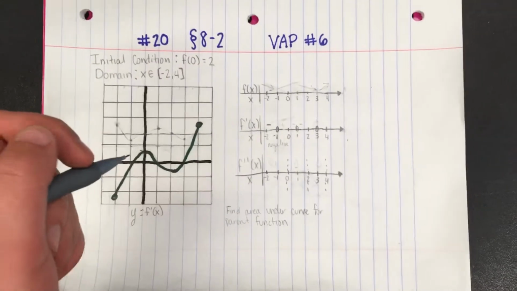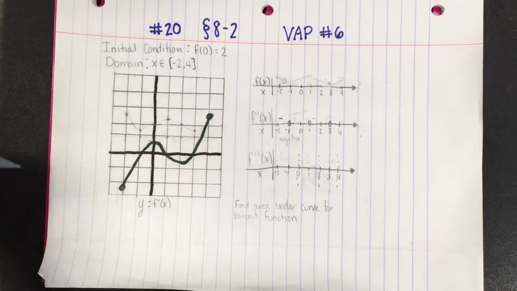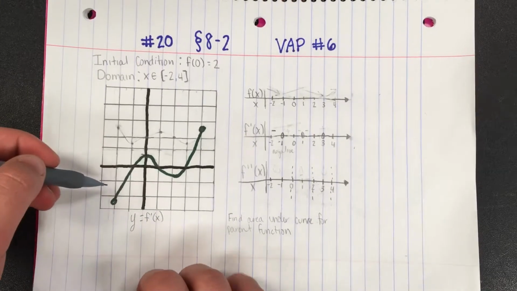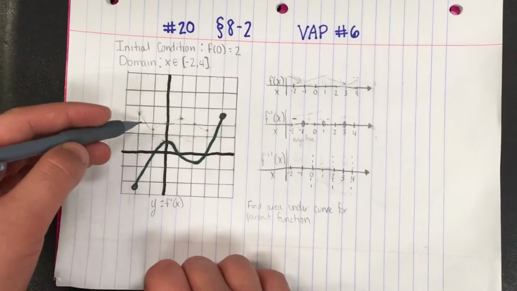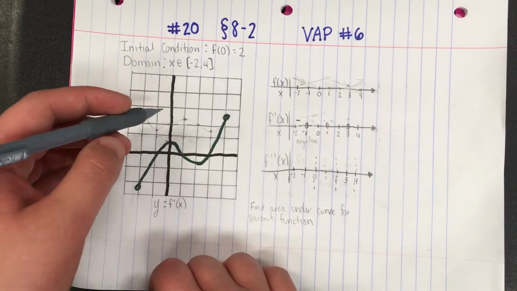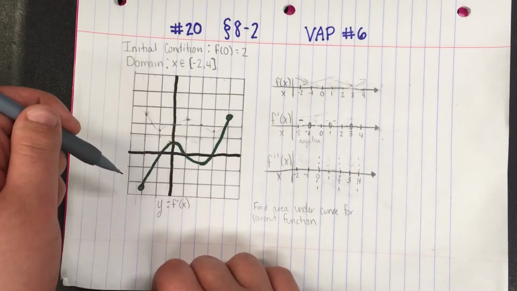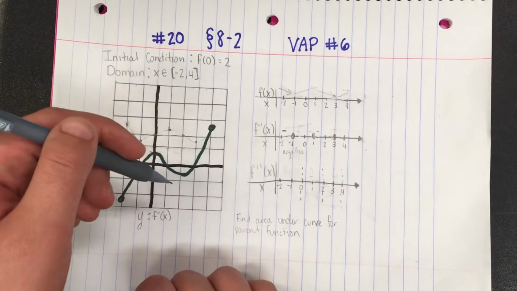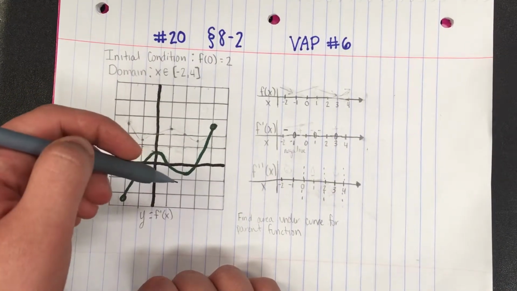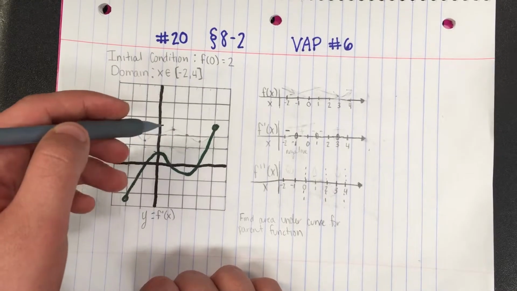This is VAP 6, question 20 of section 8.2, and this is the derivative graph of a function, and we are trying to find the parent function given the initial condition f of 0 is equal to 2 in the domain from -2 to 4. And we can do this using number lines,